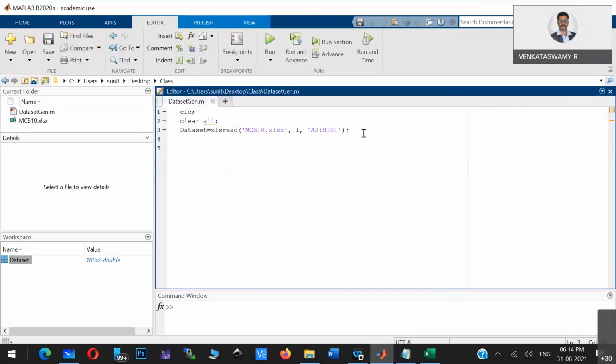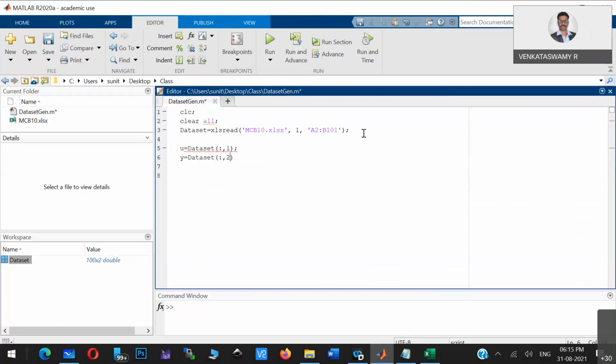Now the next step is what I want to give. What is U? U is basically input. Input is basically the dataset first column, and Y value is basically the dataset second column.